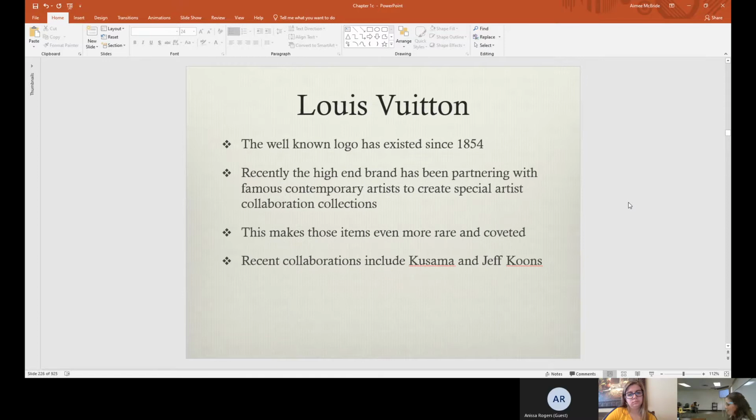Of course, one of the very, very easily recognizable logos is LV for Louis Vuitton. That particular logo has been around since 1854, a very long time, and it has remained relatively the same. Of course, they add those little flowers and stars to it sometimes, but the LV has been around forever